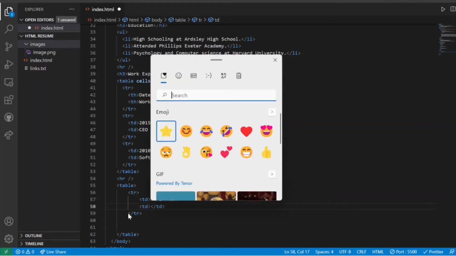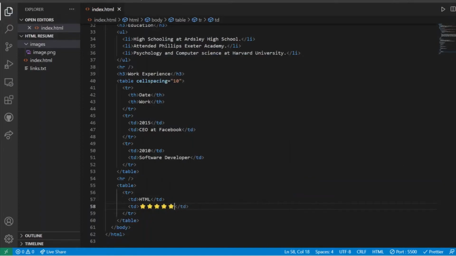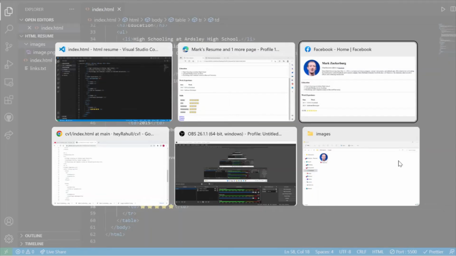Okay, so you need to press Windows and full stop. When you hit that, you can see several emojis, so you can add the emoji of your choice. So I am going to give a 4-star or 5-star rating, and once this is done I am going to hit save,